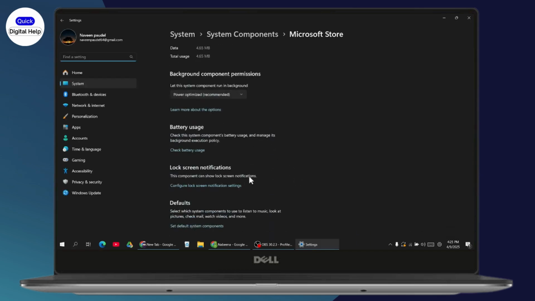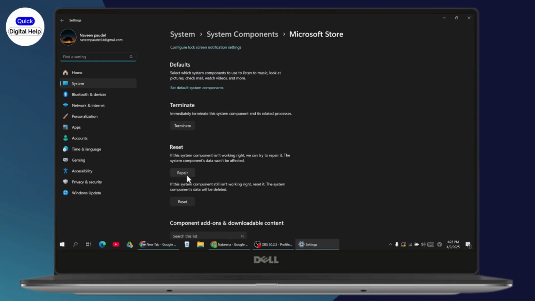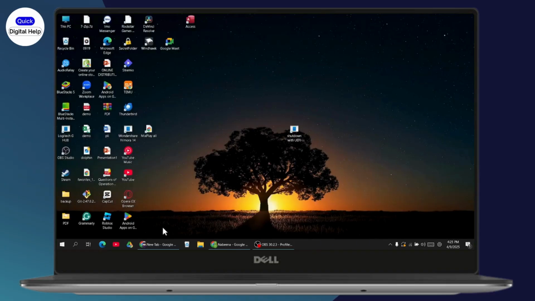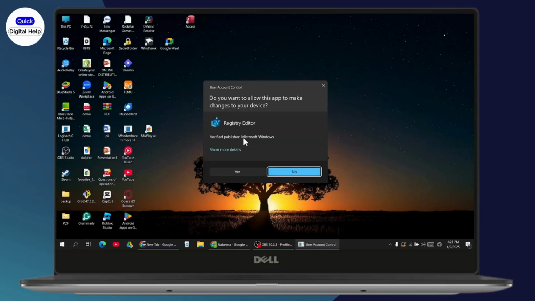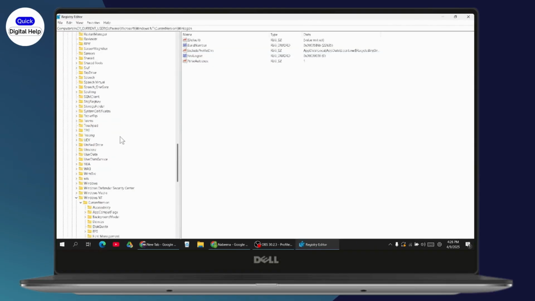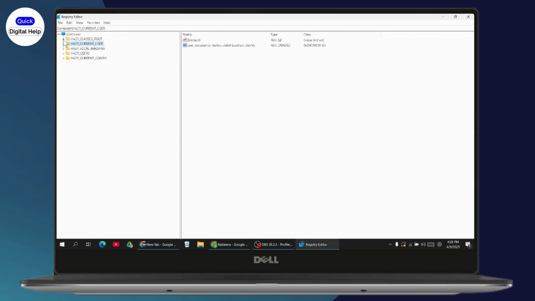Under the app settings, here you need to scroll down and then you need to reset or repair the Microsoft Store application. After resetting or repairing, your problem might be fixed. If that still doesn't work, then the third solution is you need to search for Registry Editor. So go to your search for Registry Editor, click on yes, and from here you need to go with HKEY